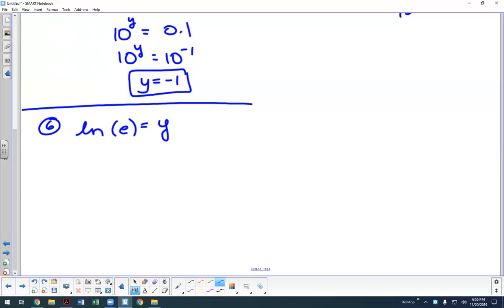So natural log has what base? E. So what will this be in exponential form? E to the y equals e. So this is a base e, right? We write this as e to the y equals that e in parentheses. Now what's the exponent on that e in the parentheses? 1. So again, since my bases are the same,